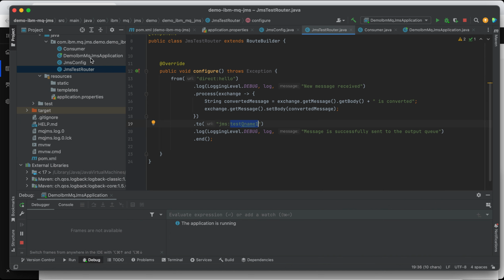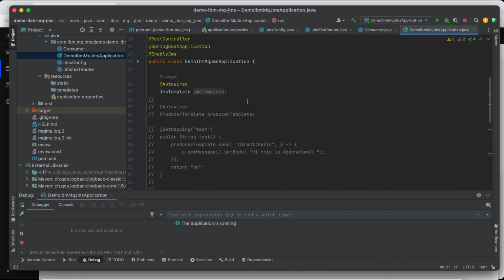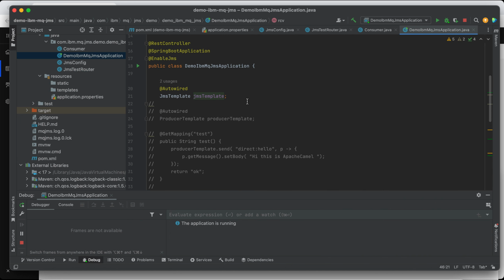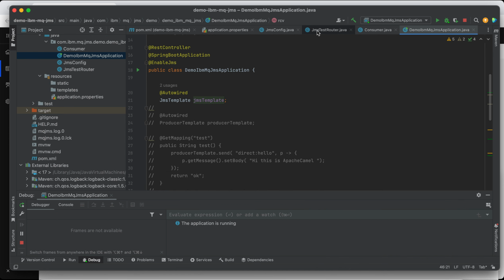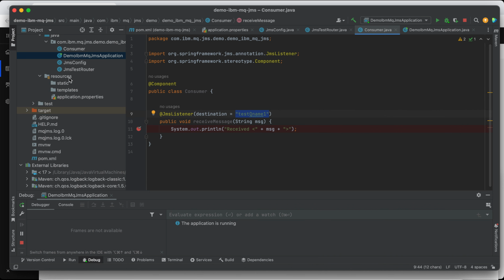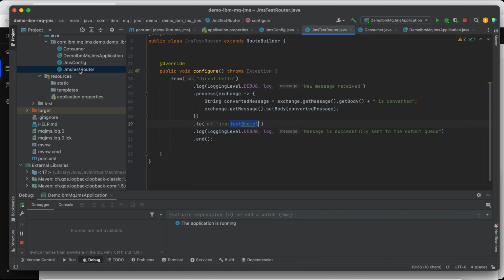Okay, let's go to our tester. We need to send a message to this endpoint, and to do that we need to use an Apache Camel API, which is the producer template, right? You see this direct hello.